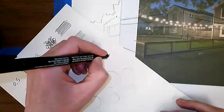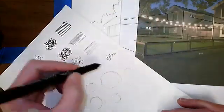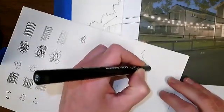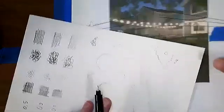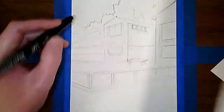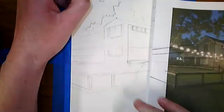We don't want to draw every little oval shape or leaf shape, because we can't see that. We can't see any leaves in detail necessarily. It's more this mass of leaves. So we're going to do that more with this jagged line with some keyholes in between. That's how we're going to indicate that is a mass of leaves there. So I'm looking more at the overall shape of those leaves and sketching in just a few little keyhole moments